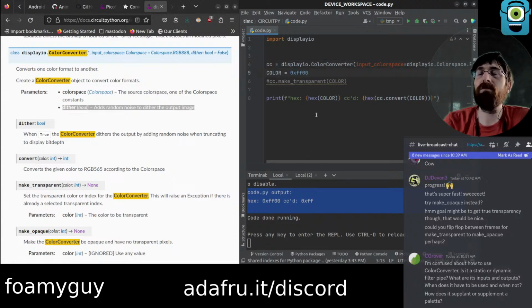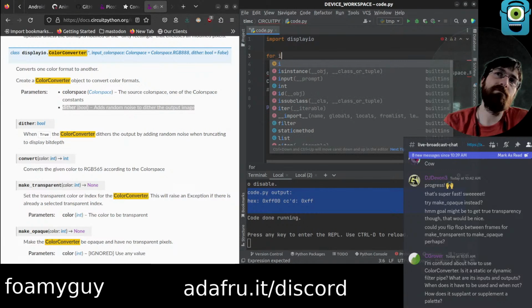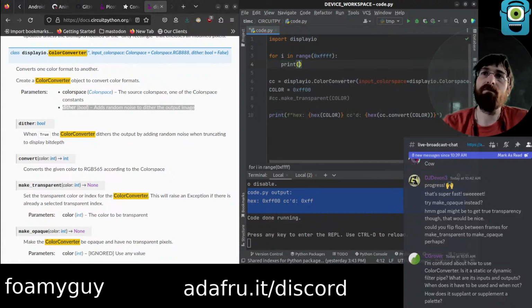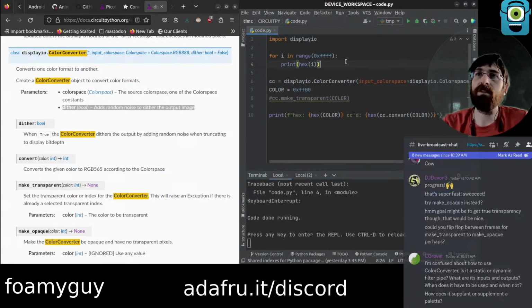Can you count in hex? Can I do like... kind of slow, but yes.